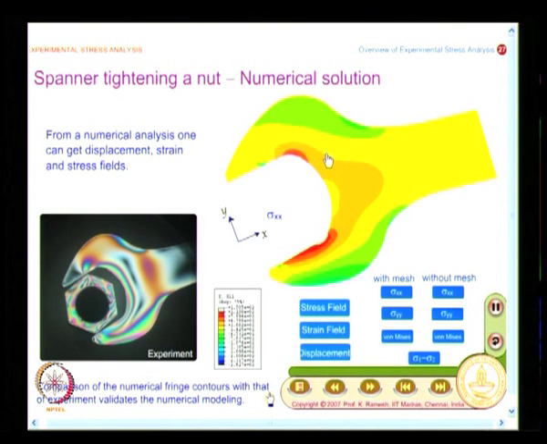I cannot go to the location of the coordinates and plug in simply x comma y and get these values directly. So, that advantage you had in the case of analytical solution. Analytical solution, the main advantage is if you have a possibility to solve it analytically, there is nothing equal to that, because the amount of computational effort required is very small. I simply plug in x y, I get the value which I want.